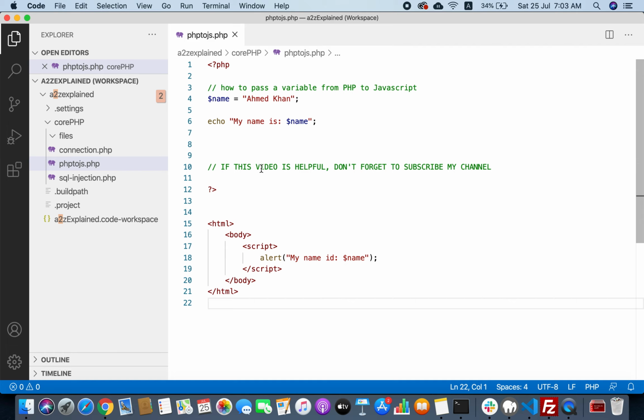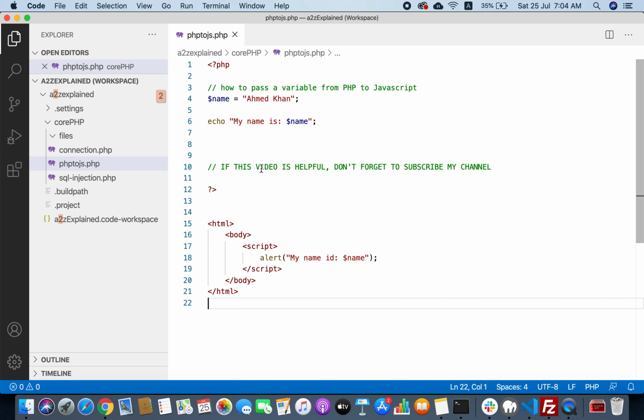That PHP generates HTML, and that HTML travels through the network and reaches your browser, and then the browser renders that HTML and starts executing the JavaScript. So this is where JavaScript gets executed.